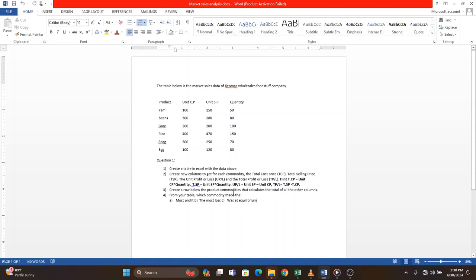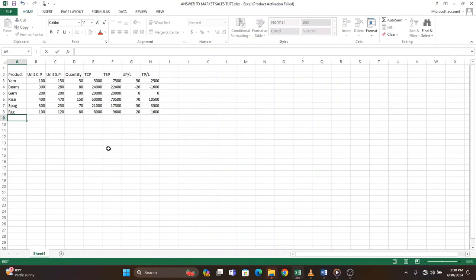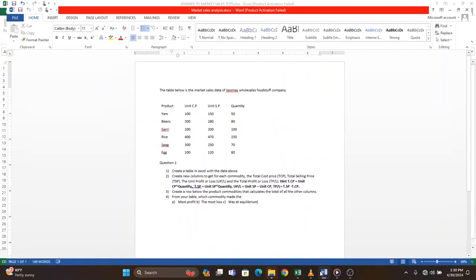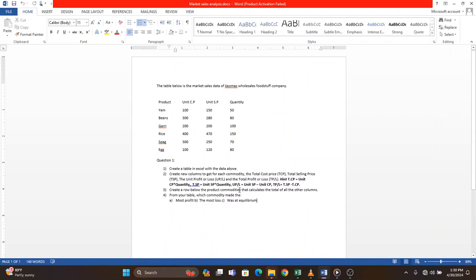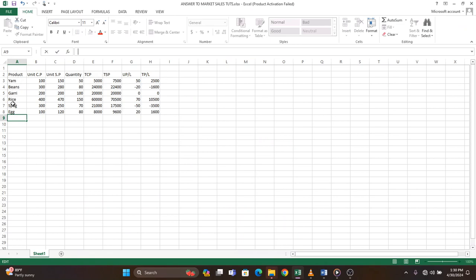Okay. Now, of course, you know that a row is a set of cells arranged horizontally. A column is the set of cells arranged vertically. So they say we should create a row below, okay, the product commodities. So as we see here, this is the product commodities: yam, beans, garri, rice, spag, and egg. They say we should create a row here, okay, and calculate the total. So we are going to name it total,